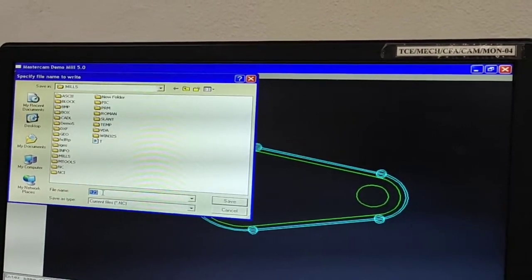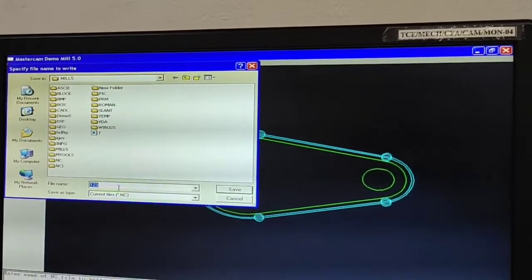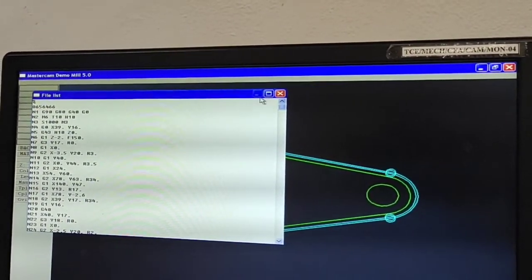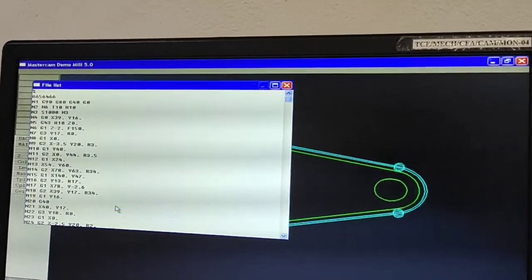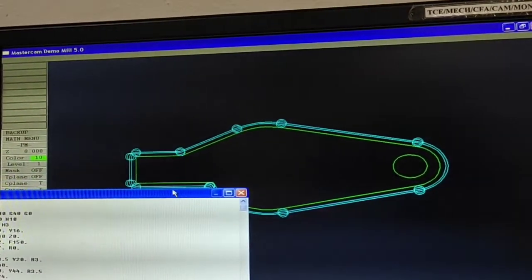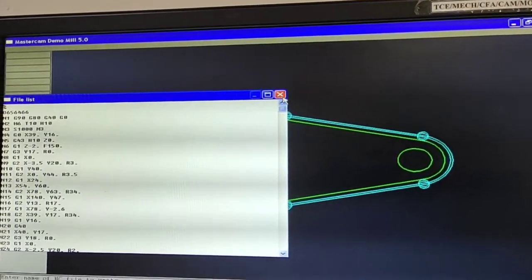First it will ask the name of the NCI, then the NC codes. This is the NC code for the machining operation. Save. These computer-generated codes are imported to the machine, so automatically you can get this type of profile. This is the function of one operation, the profile operation.